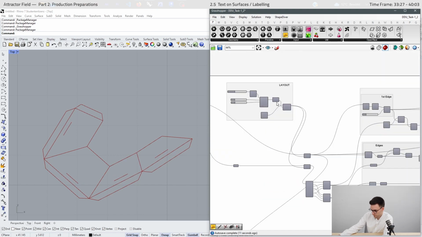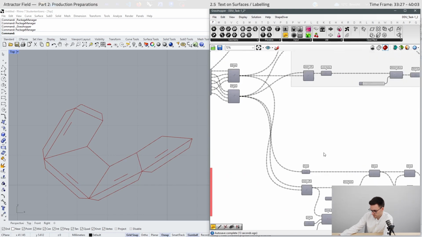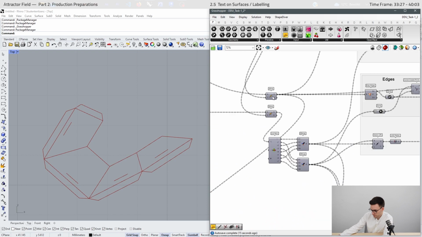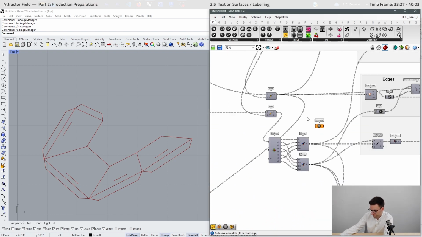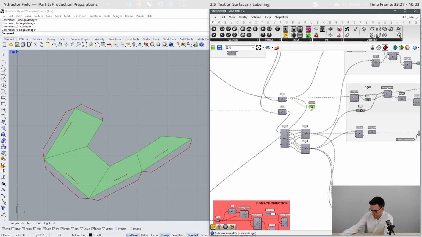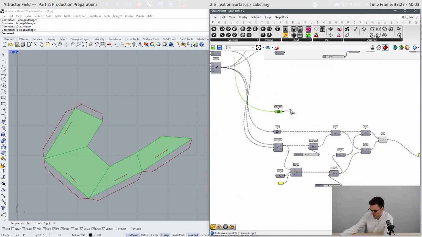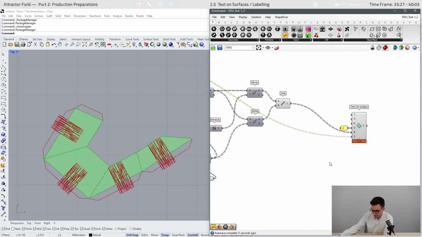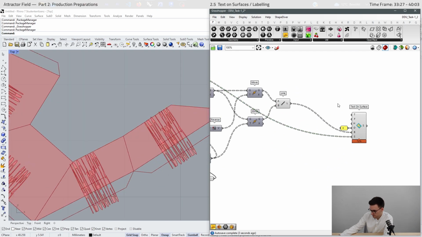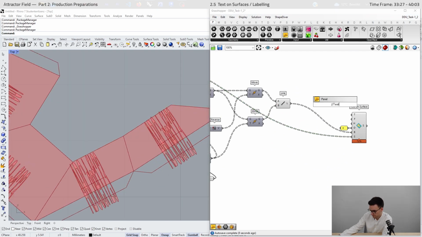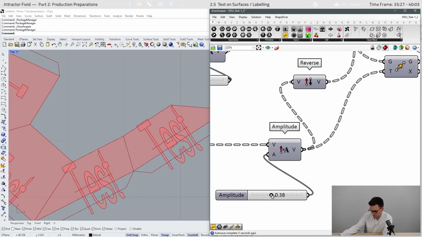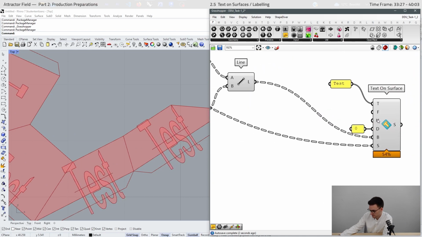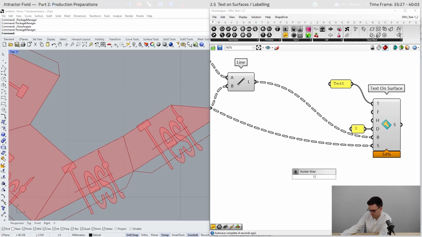So our surface is here. Here we can use it. Now it will be projected, and we need to adjust the font size.